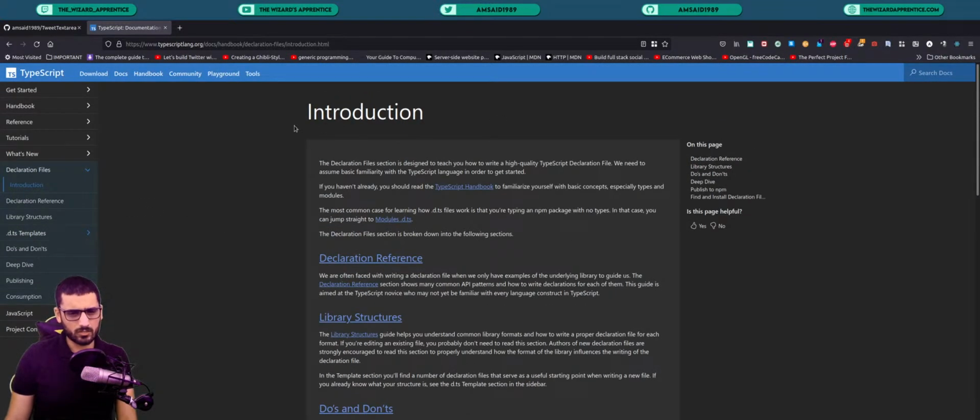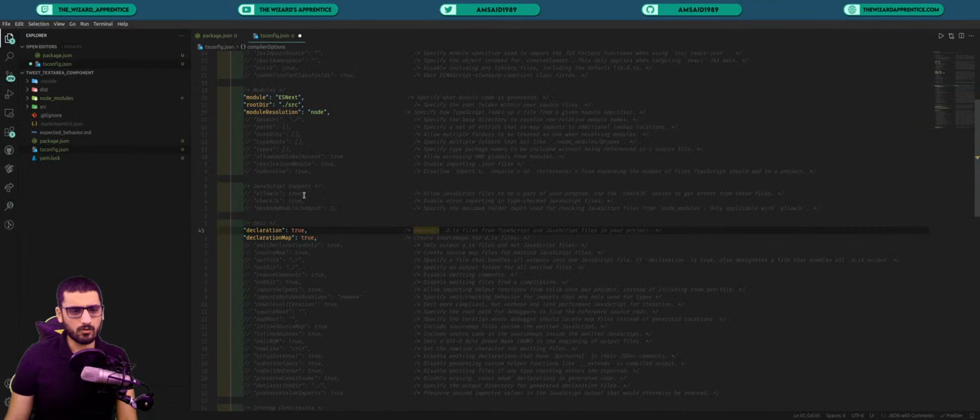I'm not going to explain this fully, but anyway, the compiler actually generates those for us. We also need the source maps, and